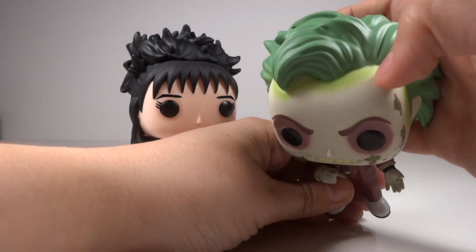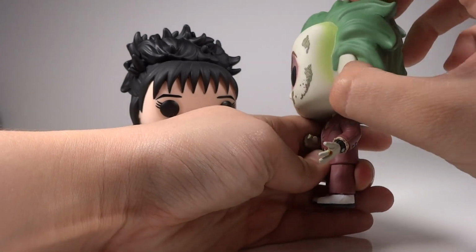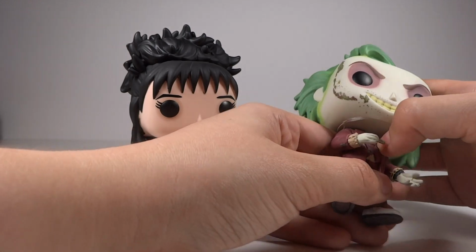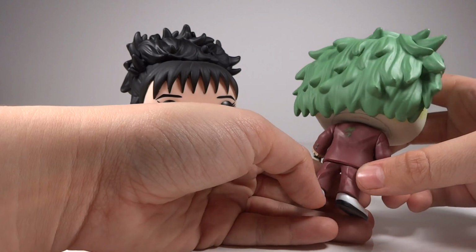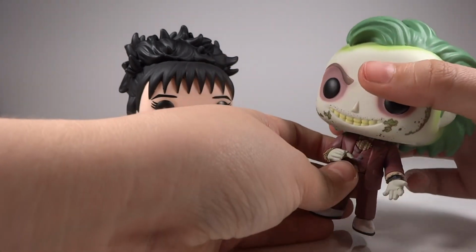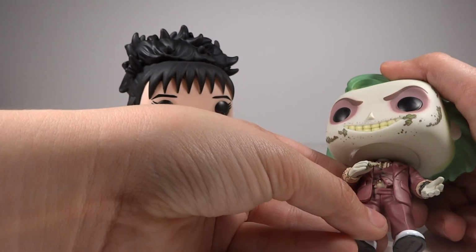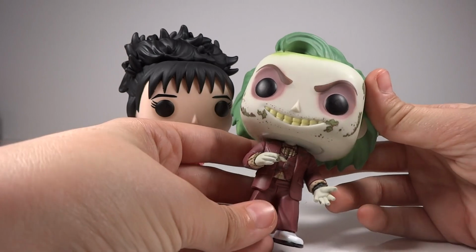Like, this kind of bugs me because I know that's not right. And then this kind of bugs me because it's not fully colored. But I expect him to be sloppy. I expect him to have all these gross little details that make him look grimy. And I love the finger, and the ring that's on the finger is a little hard to see, but still enjoy it. And I really love how it's only 2 buttons on his vest that are actually